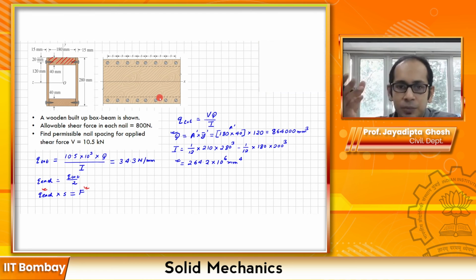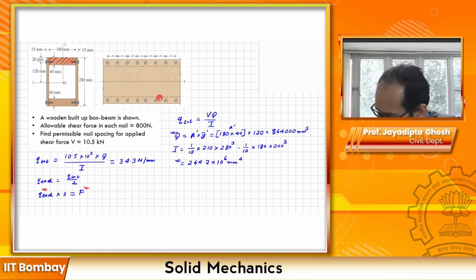F is the maximum force each bolt can take, which is 800 Newton. The only thing missing here is s. If you plug in the numbers, the spacing between the bolts, s, comes out as